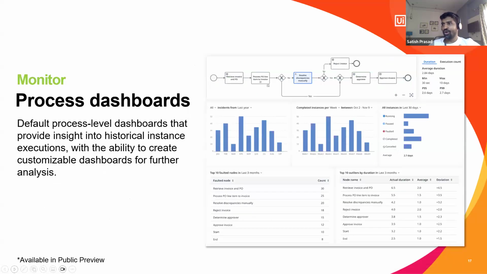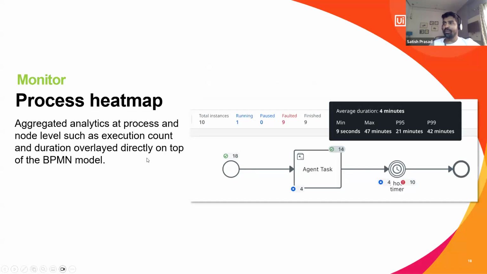Then you already know about the monitoring. The support person or RPA support should be able to monitor with the help of the process dashboard. Similarly, they are also able to see the process heat map: how many times that particular step has been completed, how many times it has failed, what is the average duration, and all those things. Some of these features went live only a few days back. I have not explored all of these, but I am pretty excited to cover them in detail when we have more time in some of the other sessions in future.